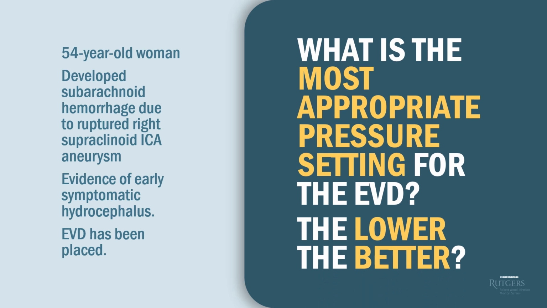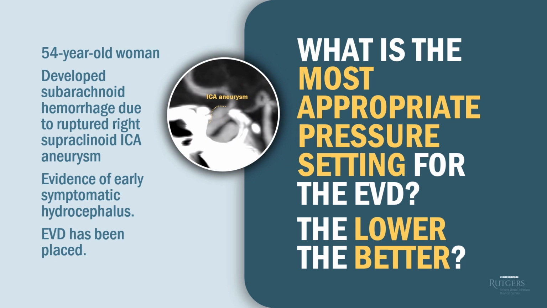Did you say the lower the better? So we want drainage of CSF and clearance of blood from the intracranial compartments. But a pressure setting of 5 centimeters of water may cause a large imbalance between the EVD pressures and the patient's intracranial pressure. This may cause a high rate of drainage. Aha! That's good, isn't it? Well, the high rate of drainage will cause decreased intracranial pressure. Yeah, and? But our patient has an aneurysm that has not been secured yet. Do you see where I'm going with this?